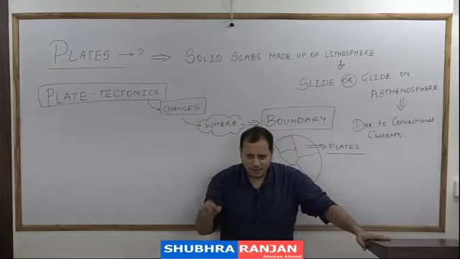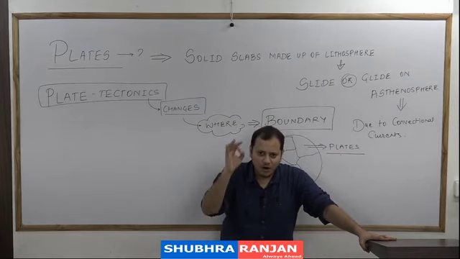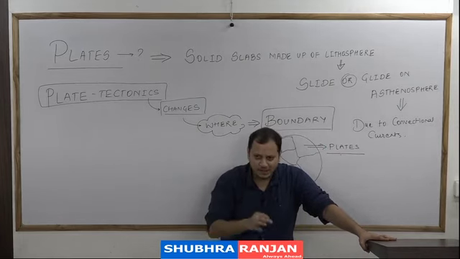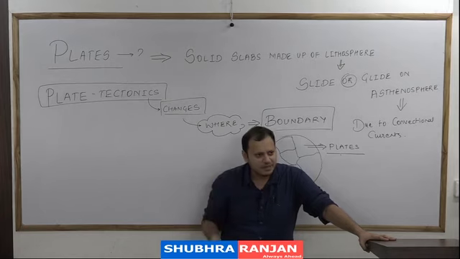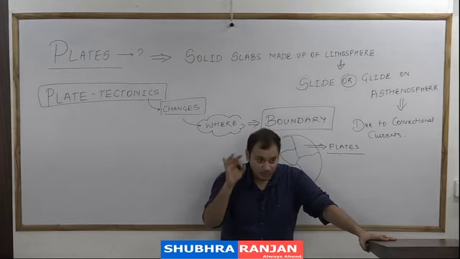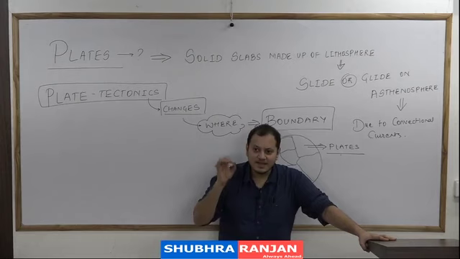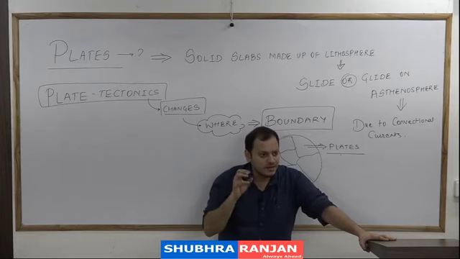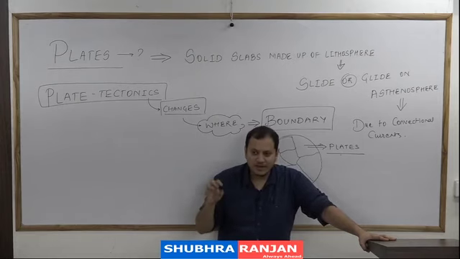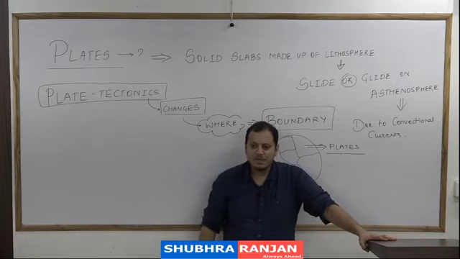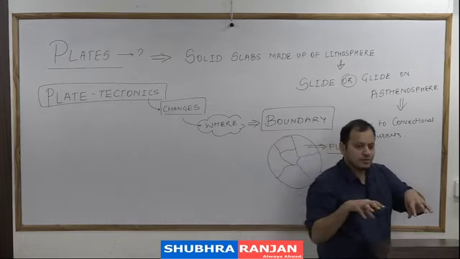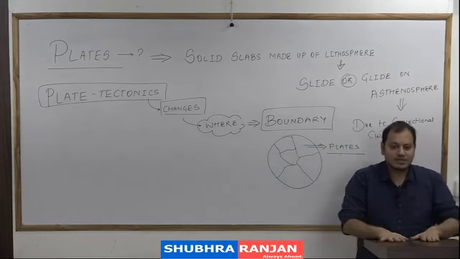And this plate tectonic theory is giving an answer to all the geographical phenomena that are occurring in the world. With the help of plate tectonic theory, you can predict earthquakes, you can know which are the zones of earthquakes, which are the zones of volcanoes, where the chances of tsunami are higher, where the chances of landslides are higher, and this is used for planning in human geography, urban planning, rural planning. So the practical implication of the plate tectonic theory is that you should know it in case you go into planning.